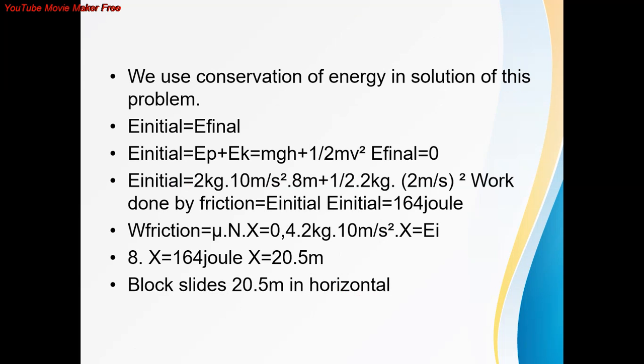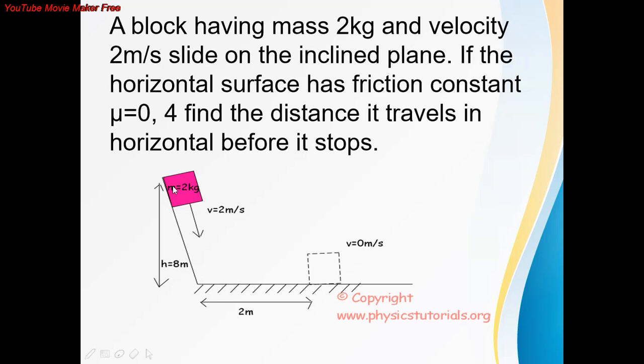Now, if you remember, the conservation of energy says total energy initial equals total energy final. Total energy is basically the sum of kinetic energy and potential energy. So we will find the initial kinetic energy plus potential energy, and the final kinetic energy and potential energy, equate them and find the solution. So let us first find E initial, when the mass is at this stage. We have to find the initial kinetic energy as well as potential energy.